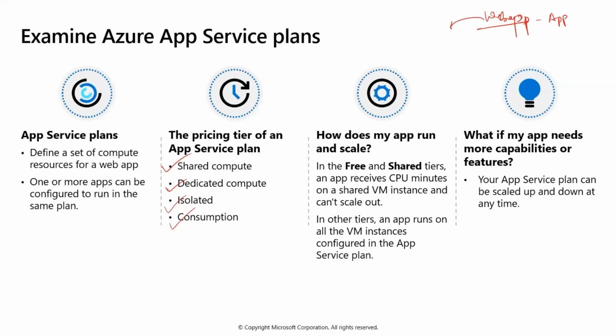So to deploy this application, you need to have computing servers, right? So App Service Plan, ASP, is actually going to have these backend compute resources laid out based upon the choices that you make, be it consumption, isolated, dedicated, or shared. Based on any one of these that you have chosen, it's going to set up a suite of servers for you, and you're going to deploy your application inside these servers. That's what an App Service Plan is.